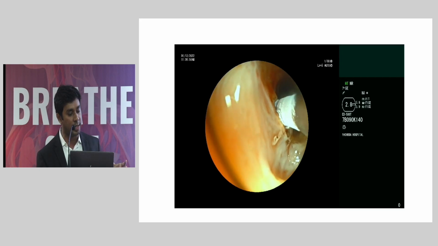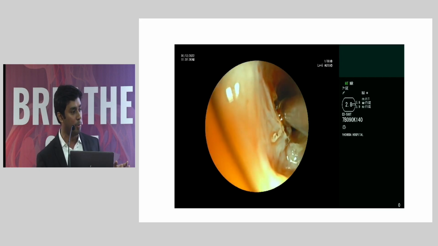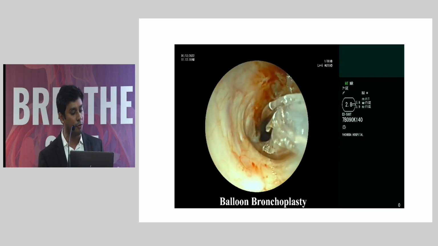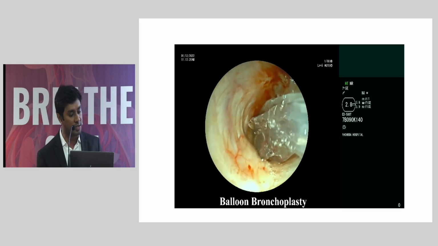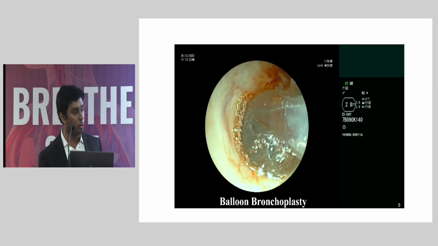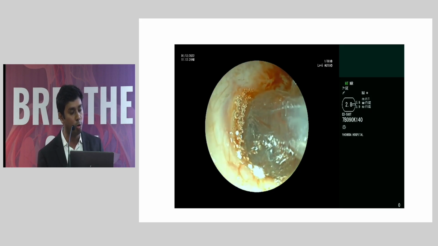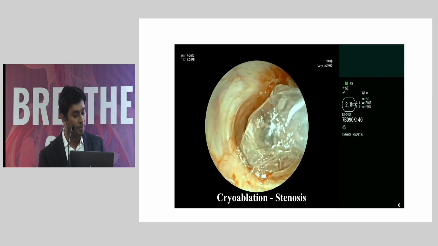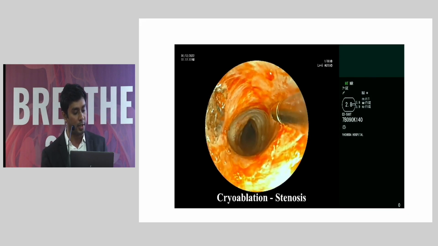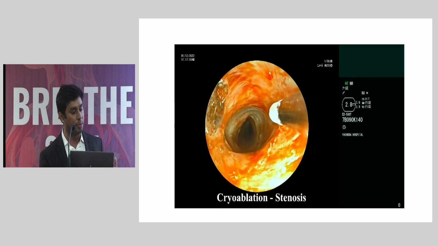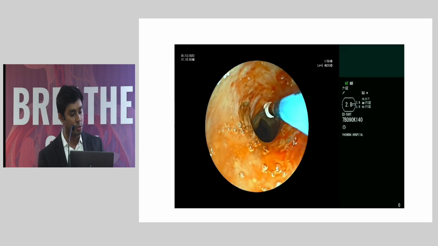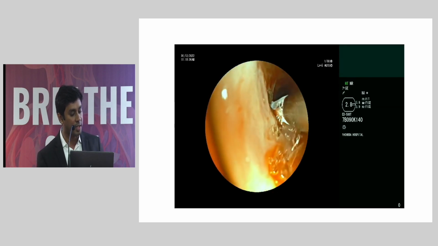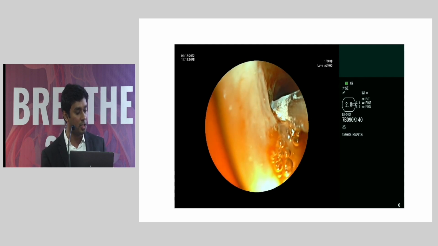So once we dilate the airway, we use this cryoablation so that it causes the destruction of the fibrotic cells and prevents the chances of restenosis. And what we are doing here is nothing but a classical balloon bronchoplasty, which means we take the CRE balloon, we dilate the airway, and we make sure that the airway is appropriately dilated. Again, as you can see from here, we are using the cryoablation so that the restenosis doesn't happen. And sometimes we even give intralesional steroids.